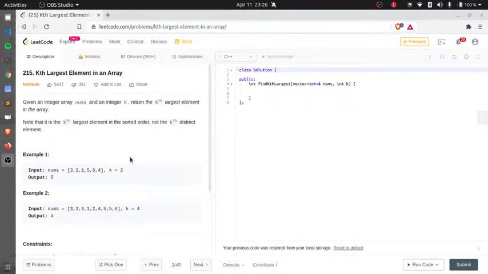Let's try to understand this problem, and then we will be moving forward. So what the problem says is,